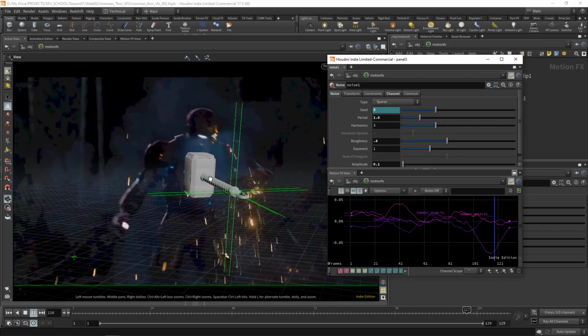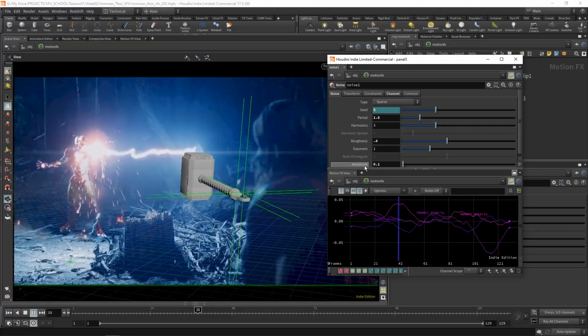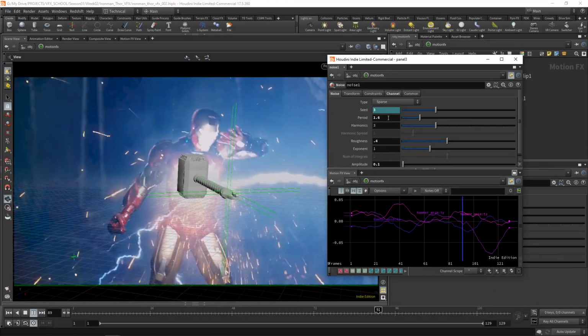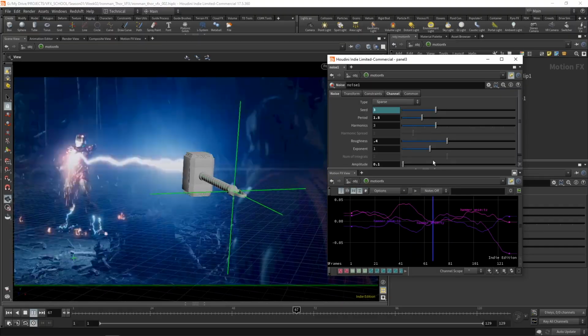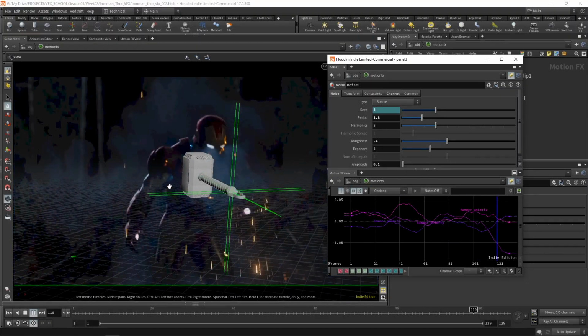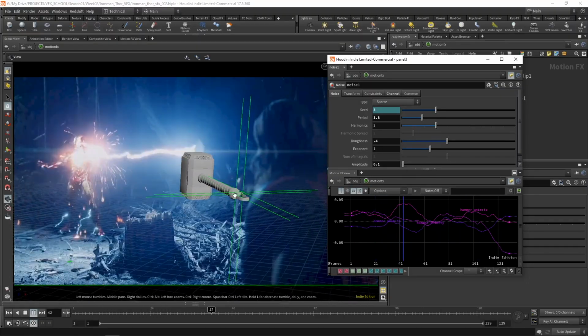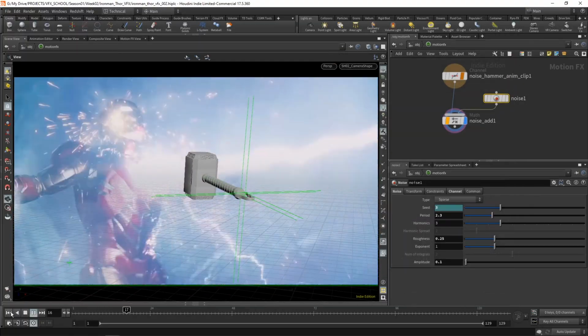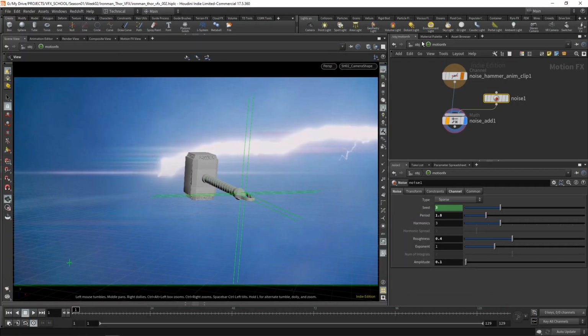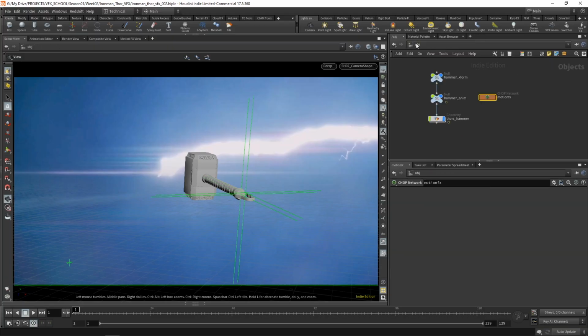Something like this. Might still be a bit too much. So here on the period, I'm going to leave it at 1.8. Okay. Now, the same way we're applying this to the translate channel of the transform, let me close this. We'll also be able to apply the same thing for the rotation. Let's go back to object level